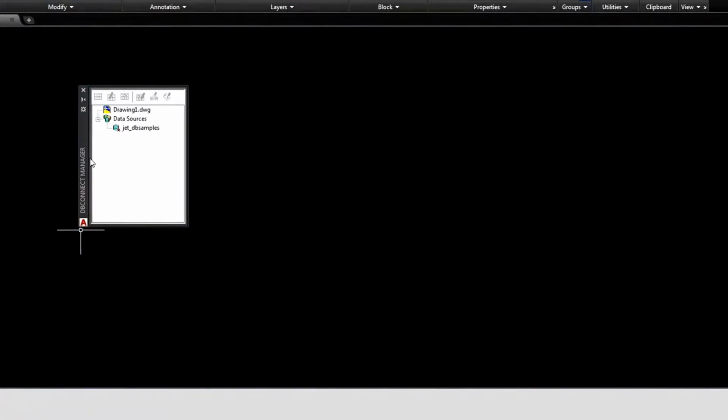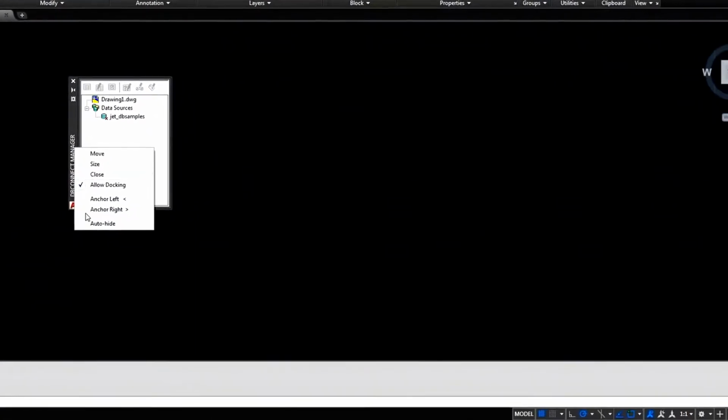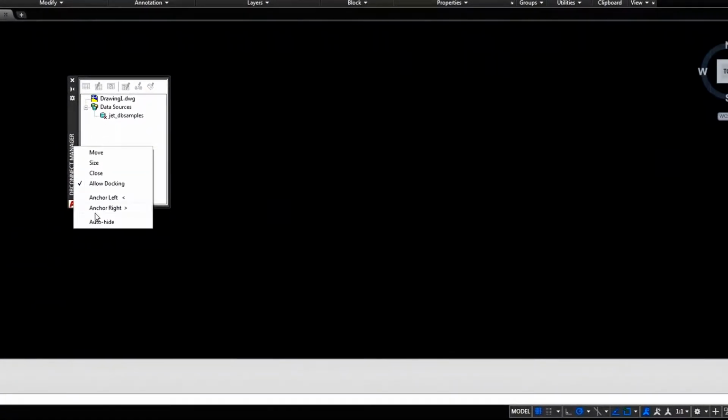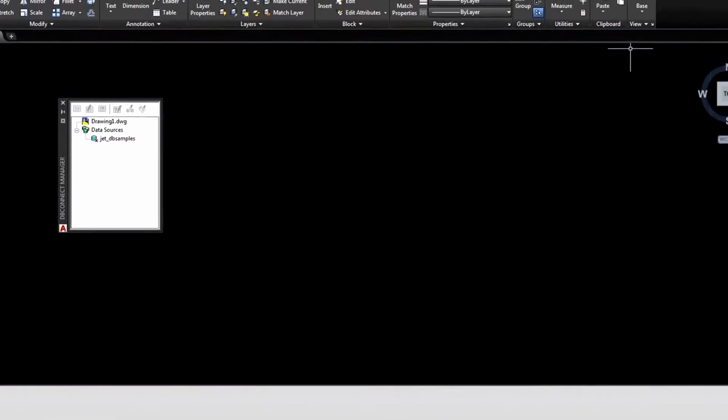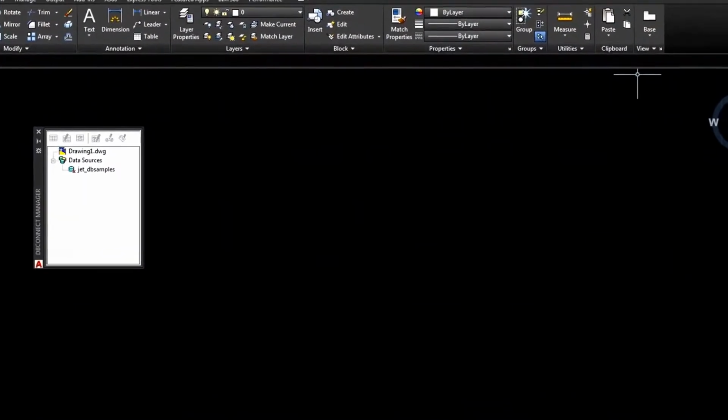And I can dock that just like any other AutoCAD palette, but as you can see, it's kind of an older style palette. It does have some of the functionality of the newer palettes, but for the most part, the icons and such actually look a little old-fashioned compared to the newer ones we have available. Having done that, just to show you where that command is as a command prompt and what the dialog looks like, let's now take a look at the